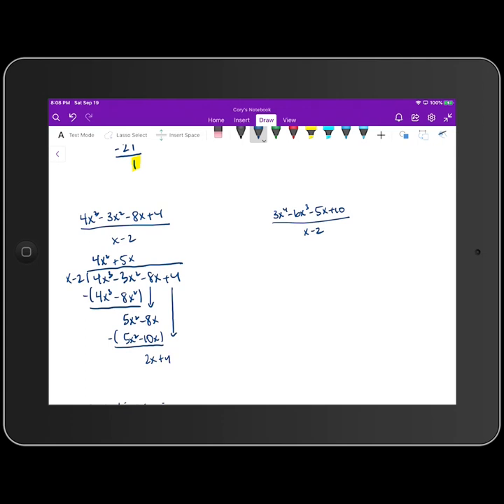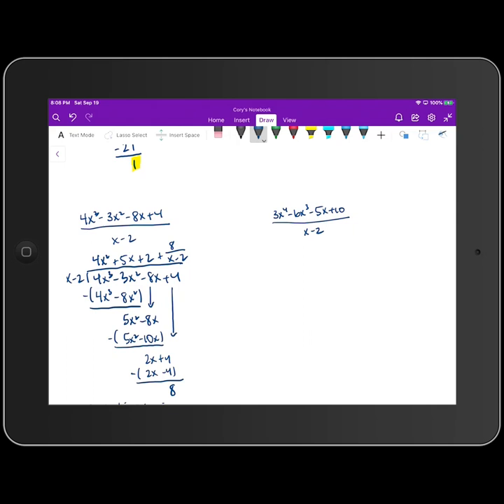What times x gives us that first term, 2x? Well, that's going to be positive 2. When I distribute 2 across both of those terms, we get 2x minus 4. And then when we subtract, the number left over is 8, like we said it would be whenever we work this out with the remainder theorem. So what we do is we take that remainder 8 and write it over x minus 2. And because we get a remainder that is not 0, that means that x minus 2 is not a factor